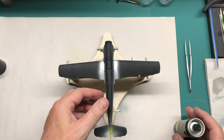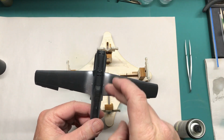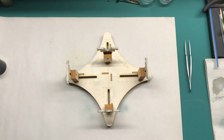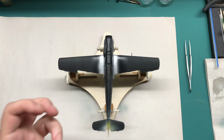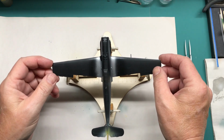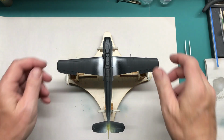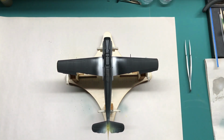So I'm gonna have to do this off camera, but basically I'm gonna give it 2 or 3 light swipes, just right there, and then once that dries, then we can go on to paint. And there you can see where the hairspray is. So it's got to dry, and I can use a hair dryer or whatever, but I'm not going to. The trick is to make sure you get enough on there without getting it too puddly. That's why you do 2 or 3 quick swipes. You get it wet, as you can see here, but not too wet, because